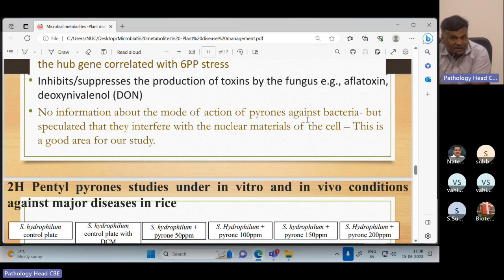You know, Ustiloxin is a very important toxin produced by Ustilaginoidea virens, which has a very important role in the symptom development of false smut. So this particular metabolite reduces even the toxin production. When we did it in co-culture assays in the tubes, we could find that the quality and quantity of toxin produced by U. virens was drastically reduced in the presence of this metabolite, even at a very minimum concentration of 50 ppm level.